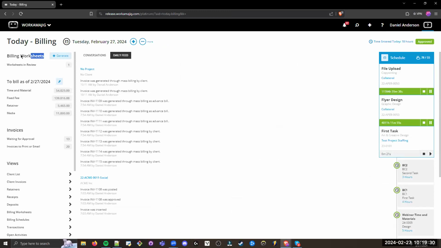Okay, so I do want to wrap up with billing worksheets here. This is our other major billing workflow in Workamajig. Just to be clear, you typically choose one of these two processes. Most agencies wouldn't use both as part of their billing cycles. And the determination here is what your billing workflow looks like between you and the account or project